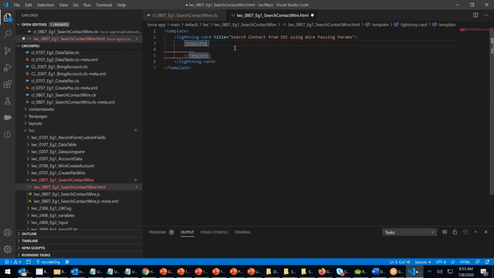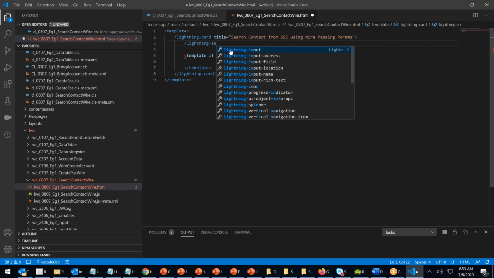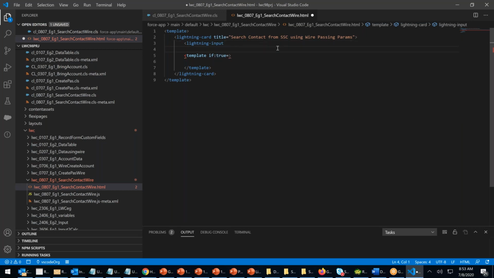I will say if true, right? If true, what do you want to do? Before I do this, let me place my input field. That's where I'll be searching, right? Lightning input. I'm taking lightning input. Type equals to